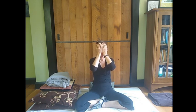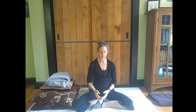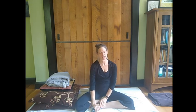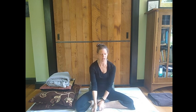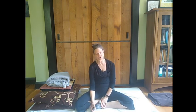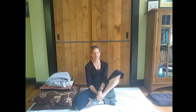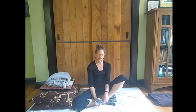Keeping your eyelids closed, very, very slowly releasing your hands from your eyes. And arrange yourself in such a way that you can reach your feet and just take a few moments to let your warm hands squeeze and massage your feet. Bringing your awareness and your attention into your body and out of your head by squeezing, massaging, maybe gently pulling on your toes, maybe twisting your feet,